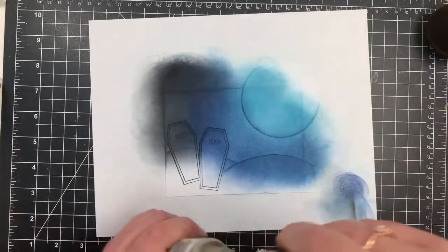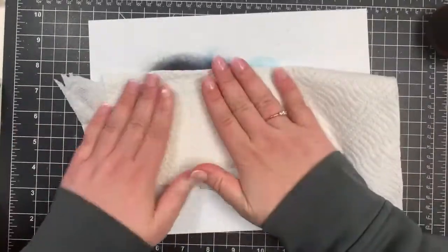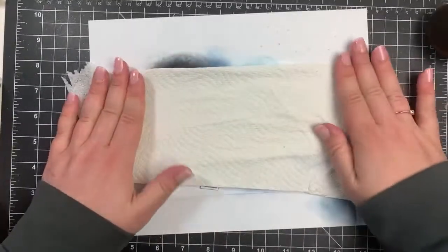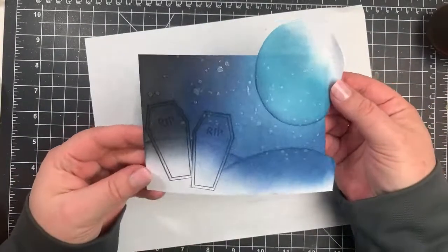Going to just add some shimmer, or not shimmer powder. This isn't shimmer powder. It's shimmer spray. And then dab that up. And I am going to give that just a couple of seconds to dry before moving on to the next step. And this is just going to add more stars in the background. I'm going to have some stars with the easy lights, but